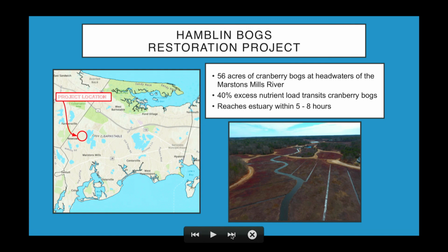We're also working in cranberry bogs, so Alex Hackman was great. One of the things that we're working on here, we're lucky in that this particular cranberry bog system is at the headwaters of the Marston's Mills River. It looks like you've got a bog system that's also importantly in an area where transitioned over to wetland conditions. Really think just like what they're trying to do in the Everglades, it can actually reduce nutrients at a tremendously